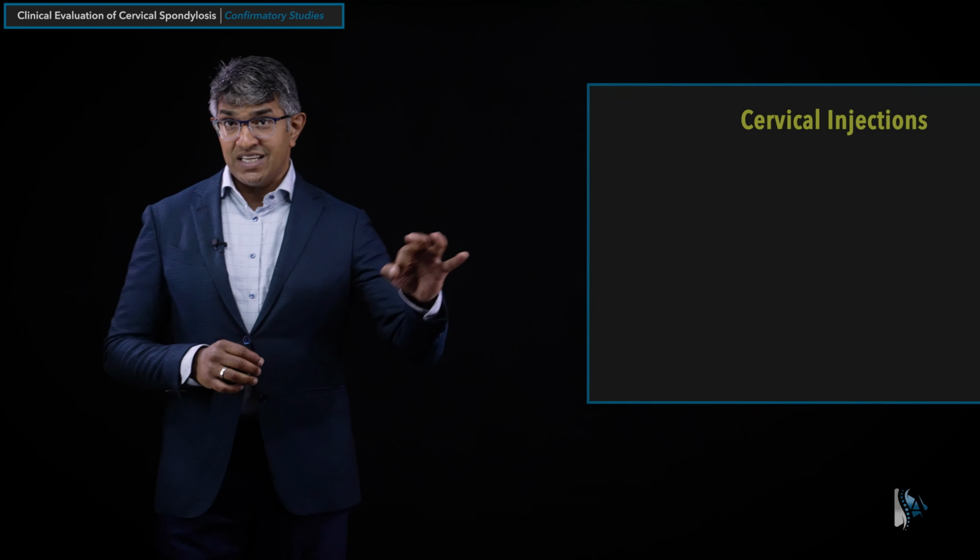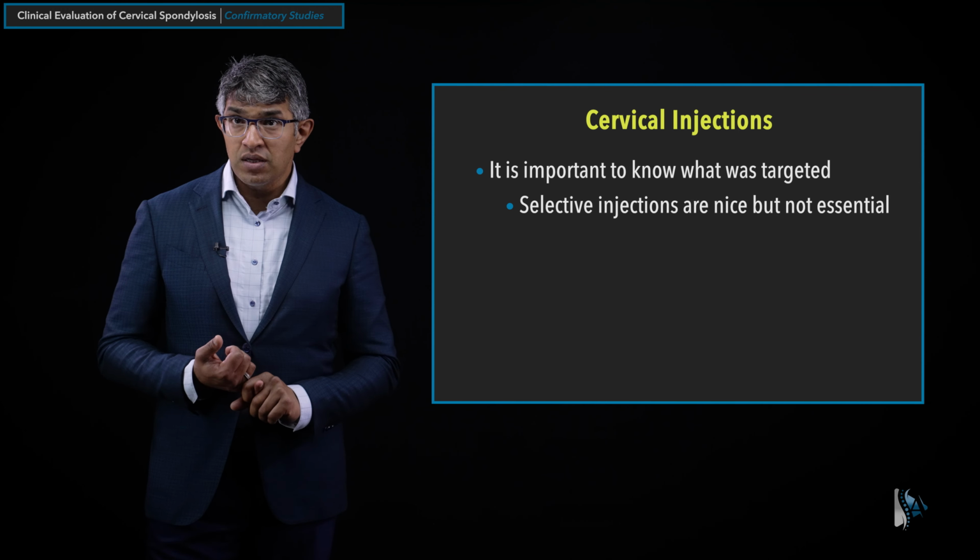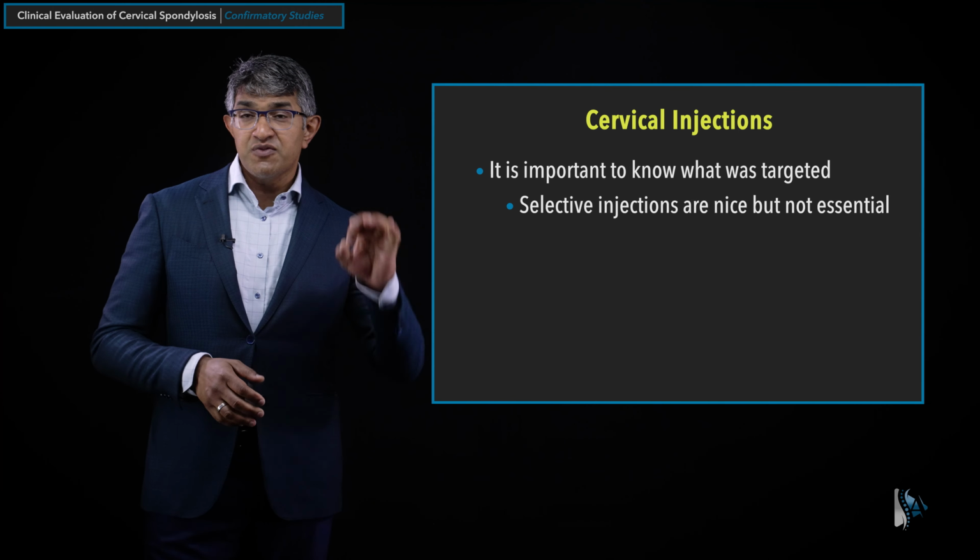So when we ask people to get injections, it's important to know what they did. So I often will get the procedure note. It's important to know what was targeted. It doesn't always have to be selective. If somebody gets a cervical epidural injection and their symptoms go away, at least you know it's cervical. If you're trying to figure out if it's C6 versus C7, that can sometimes be a little bit more difficult